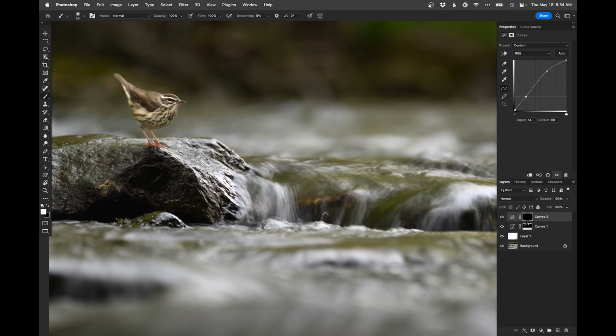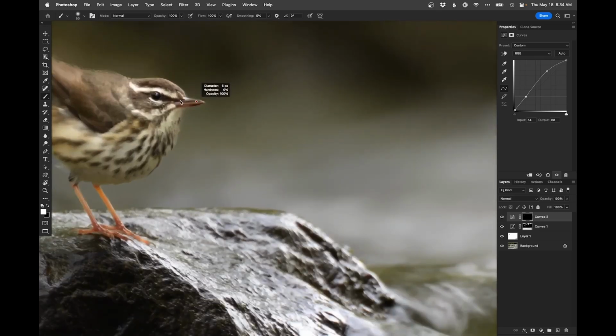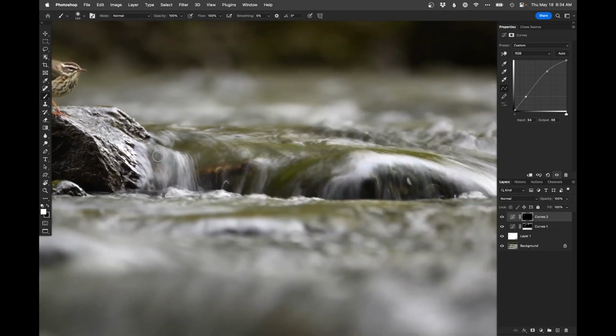That was too bright right there, so I switched to black and get rid of it. Back to white by pressing X on the keyboard, and we lighten that. Let's do the bill too. Some nice small brush right across that top edge, right across the pink there. That's looking good. A little bit bigger brush now, and now we're going to accentuate the flowing water where I'm